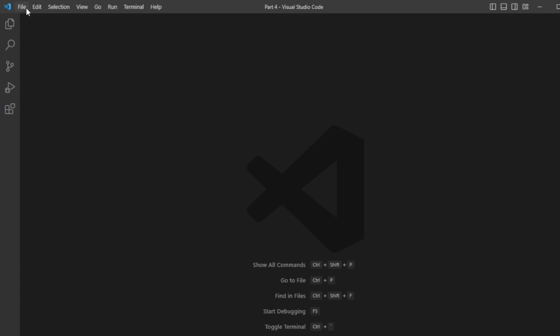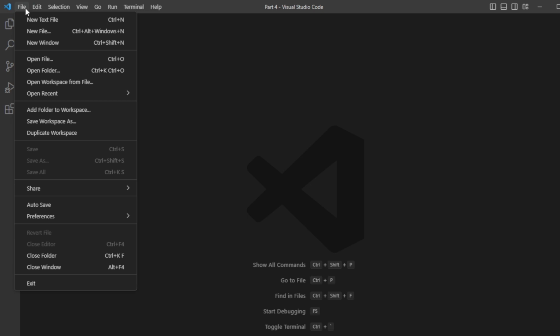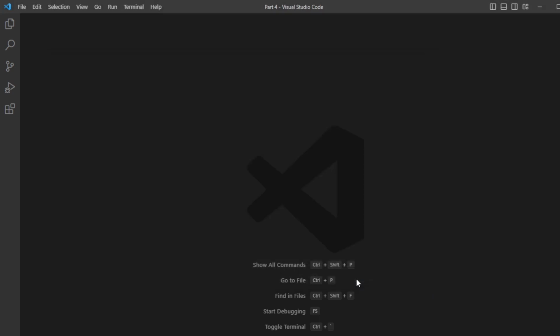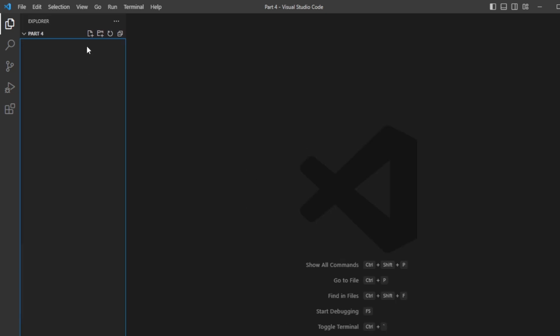In my case, just to create a folder, just click on File menu, click on Open Folder. In my case, I have already created Part 4 folder and click on it and select folder. So nothing is visible here. You just need to click on Explorer icon just to see your file and folder structure over here. So now you need to click on plus icon which shows new file icon to create your first HTML file